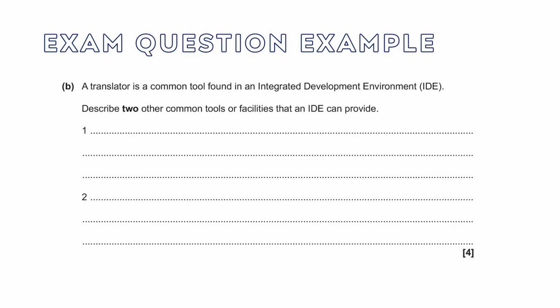So the first thing is there's 2 answers here, or 2 points. They're asking for 2, but there's 4 marks. So there must be something else that you have to do in order to get those additional marks. And the key here is to look at this command word here, which says describe. So it says describe 2 other common tools. So what they're looking for is, first of all, the name of the tool, and then a description of